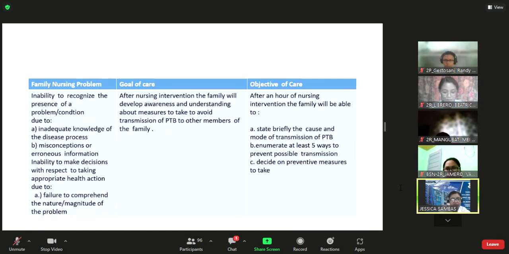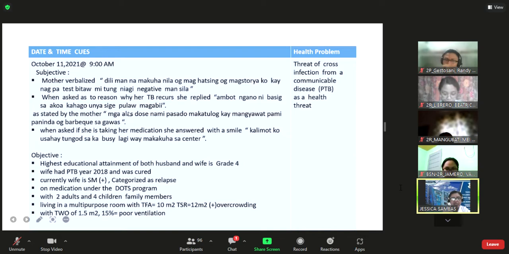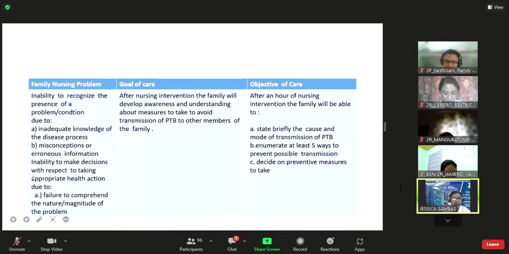So, inability to recognize the presence of a problem or condition due to, first, inadequate knowledge of the disease process, misconception, because of the statement earlier. So this is really an indication that she has no knowledge. Okay, her understanding is also wrong. Okay? Then what else? We can also add additional family nursing problems because this is not just basically